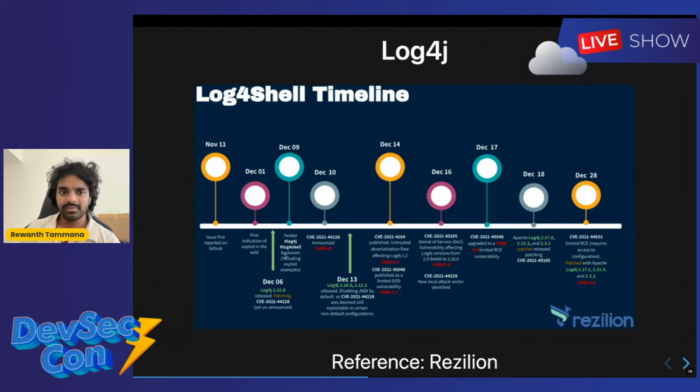And everyone has access to this, but there was no patch available until December 13th. So from December 1st to 13th, the vulnerability was being exploited, and people had no clue about it because there was no official patch on that. And similarly, since it got super famous, following on the other days, there were multiple other vulnerabilities that the researchers identified, and those have been patched after a while. So if you see here, on December 14th, another vulnerability got published and it got patched on December 18th.